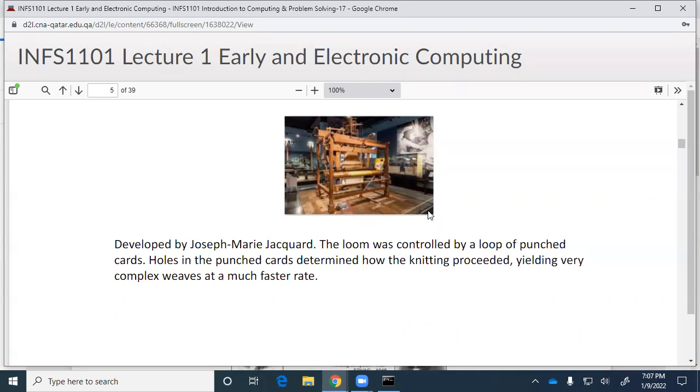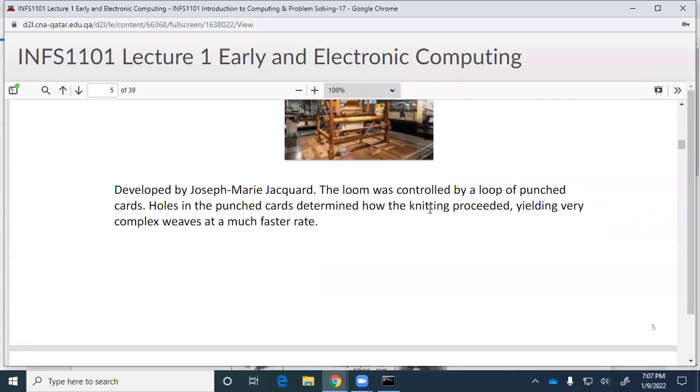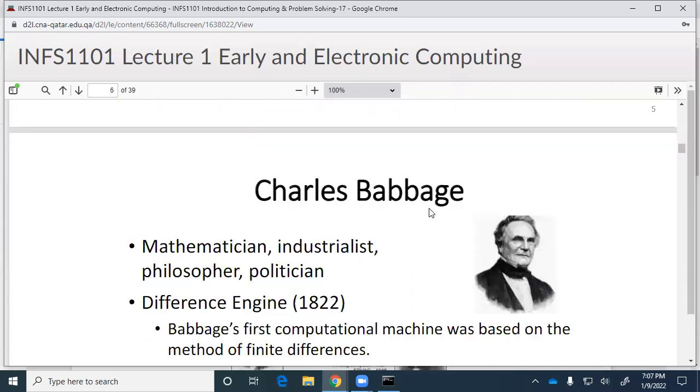There was another one that was kind of like that, which was the player piano. I don't know if you guys have ever seen those. They'd have a drum that went around, and the drum had little pins that came out of it, and the pins would cause a mechanical motion to make the piano play by itself. All right, so same kind of idea. By just having holes or pins, you can make something do kind of like a program. So you could say a song that it was playing is kind of like a program. And you could say that making a cloth is kind of like a program.